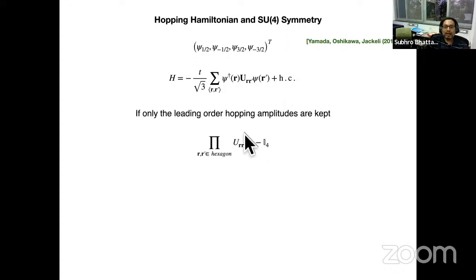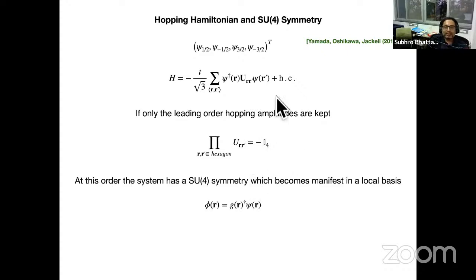The leading order hopping amplitudes are such that you get these 4x4 matrices, such that if you go around the hexagon, you get identity. In general these are 4x4 matrices, but if you take the product of these 4x4 matrices around the hexagon, you get an identity,